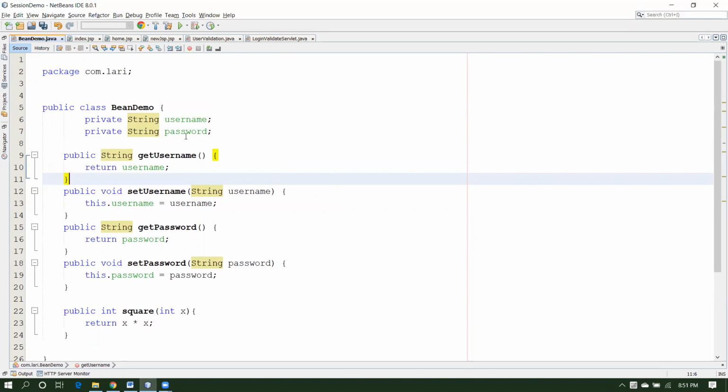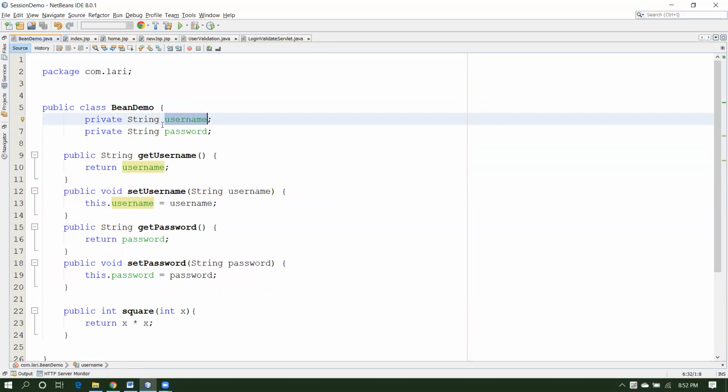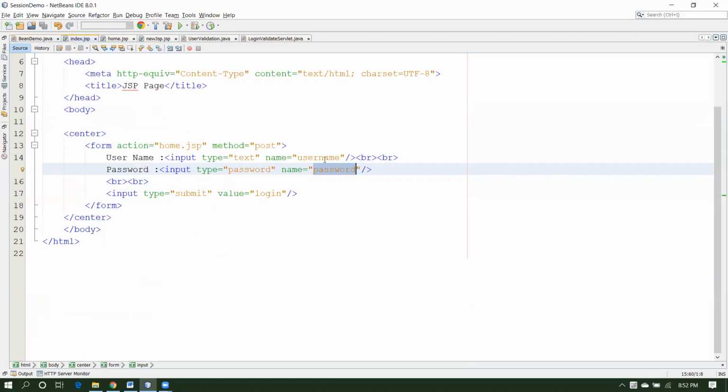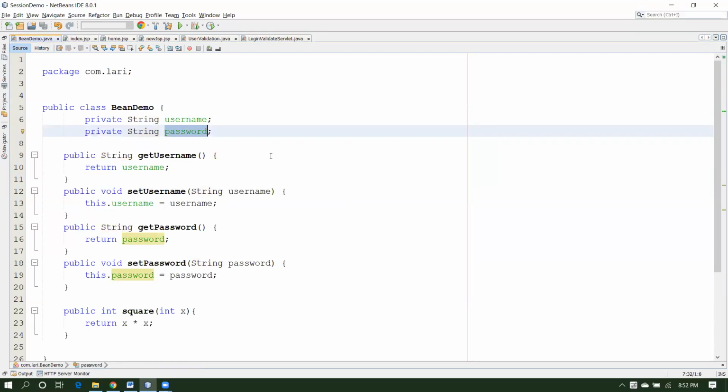Okay, so maybe one question could be in your mind: what if we do not have the same name? For example, the username is a string and the password that I have written over here is the same as the username and the password coming from the request. So can we change this? Yes, we can change this. But if you change it, you will not get the whole benefit of using Bean. For example, if I change this,